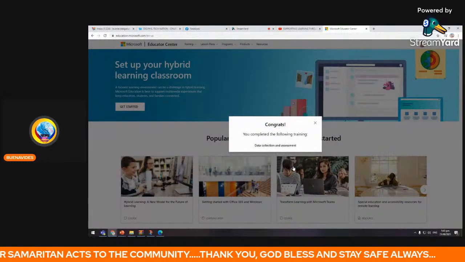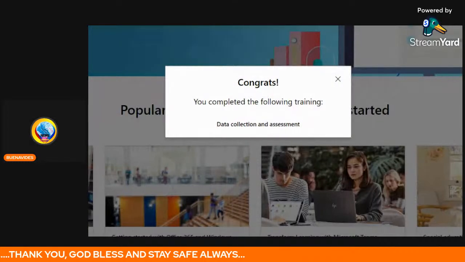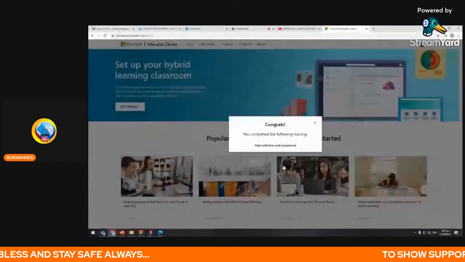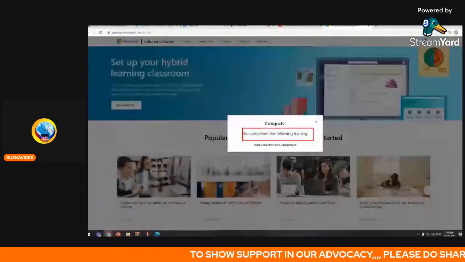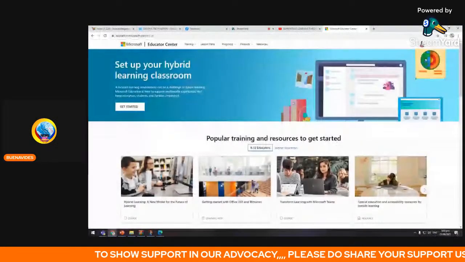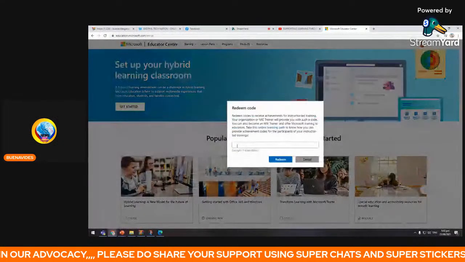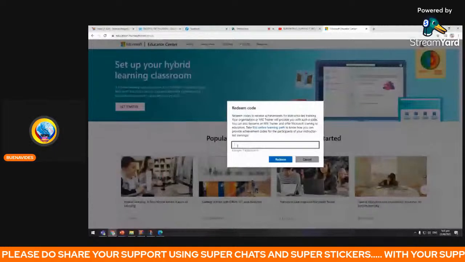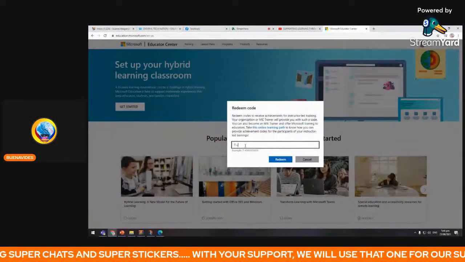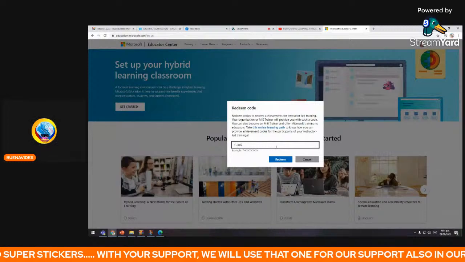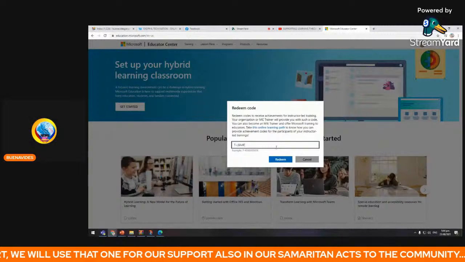So mag-reply po sa atin yan. So the response po is you completed the following training. So yan po. Then same process pa rin since dalawa yung code. Okay. So ang pangalawang code po ay theta pa rin dash tapos lambda bravo alpha tapos 4 foxtrot and then